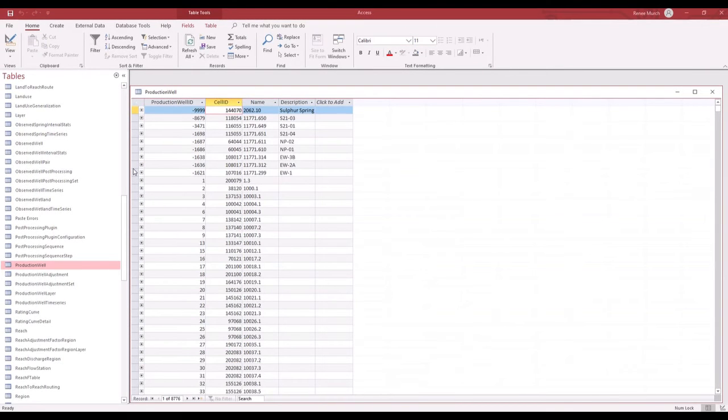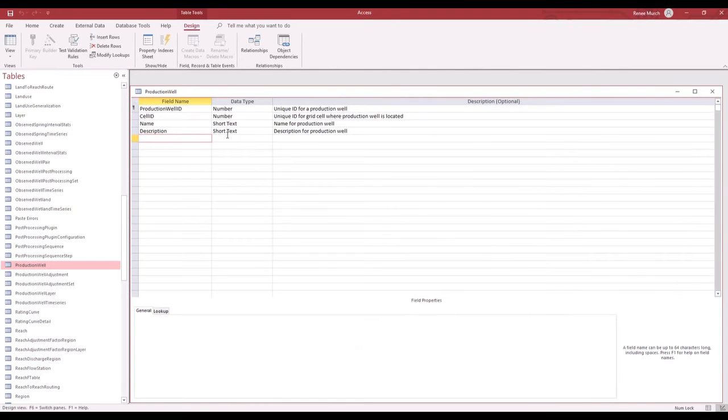User-defined fields can be added to any table, but these fields are not used by IHM. Let's go back to Design view by right-clicking and selecting Design view, and let's add a field called Use for Scenario to the production well table. We'll go down to the first empty row beneath the last field, and we'll add a field. We'll call it Use for Scenario,